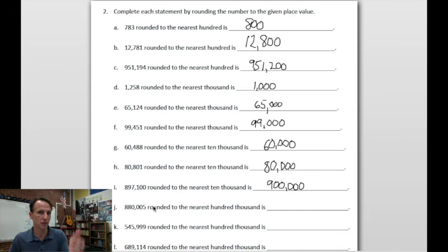Would this fall above or below the midpoint? 880, more than 850, yes. So this falls above, so we're rounding up to 900,000. And notice how these, both I and J, round to the same number, even though we're rounding to different places. In K,